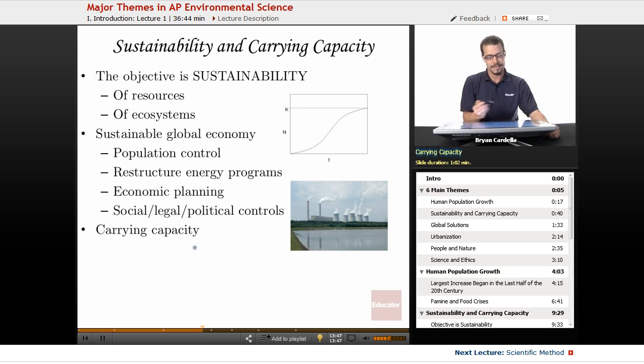Carrying capacity. So when it comes to carrying capacity on Earth, like I suggested earlier, it's debatable how many people the Earth can actually hold and accommodate. This is a graph that has a lot to do with carrying capacity here. T is time, N means number of people or number of organisms, and K, this imaginary line, can be referred to as the carrying capacity. And this is a logistic growth curve. You're going to hear more about that in a future chapter.